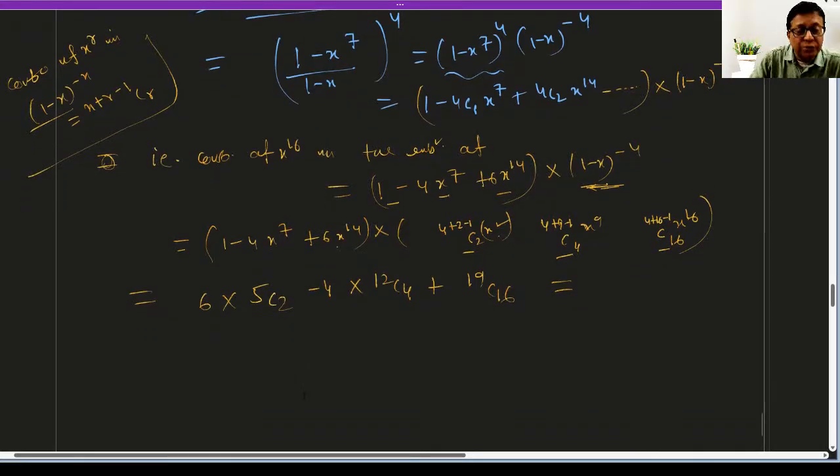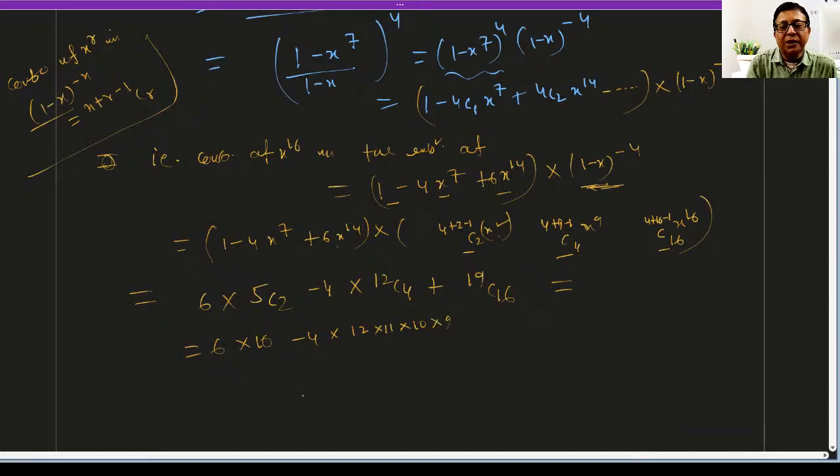If you tell me to calculate, I will do: 6 into 10, 4 into 12, 11, 10, 9 by 24, plus this is 19C3. 19C3, 19, 18, 17 divided by factorial 3 means 6. Just simplify it. 60